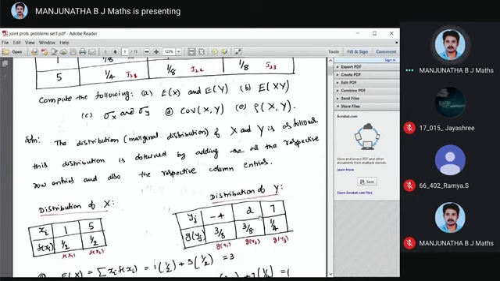See, once you write the distributions for x and y, you may verify the summation of f of xi equal to 1, summation of g of yj equal to 1. If not, something is wrong in the calculation. So it must be equal to 1, right? Because these two are PDFs.